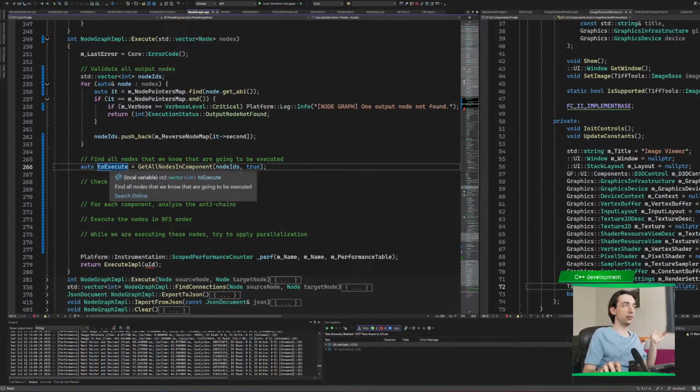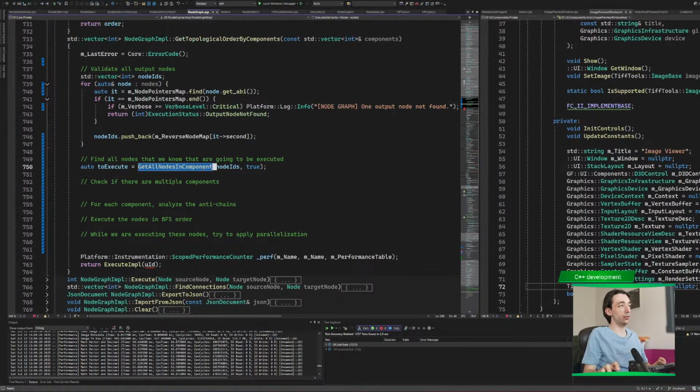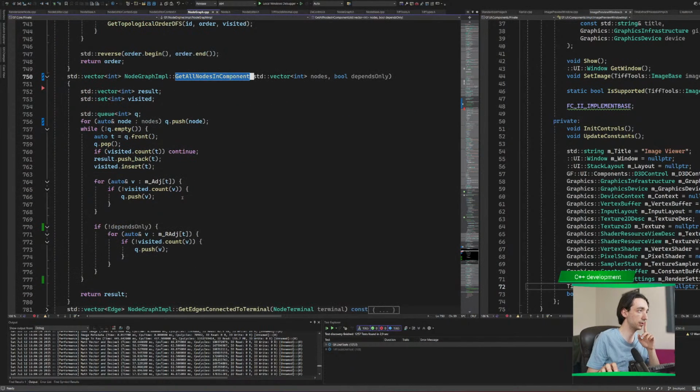I can do a DSU here, and then, but no, DSU will require knowing edges. I don't want to know edges. I want to just quickly say that